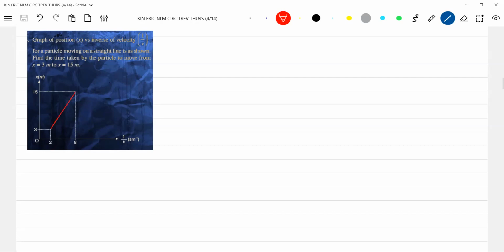The red color one is what? Experimental color. I think now it's visible clearly. Okay, we'll do one thing: we'll write the equation and find the time taken. Let me check the value. So this will be x is equal to